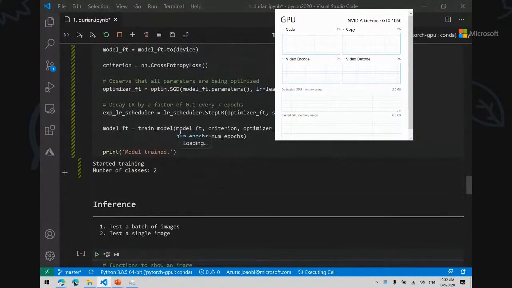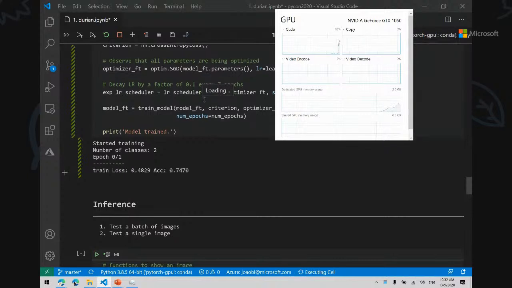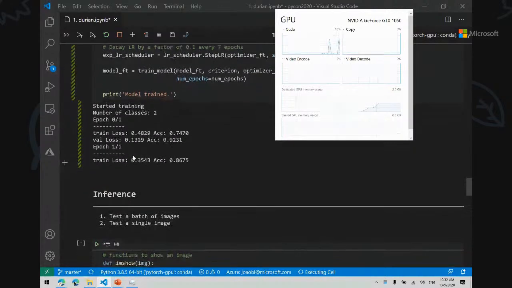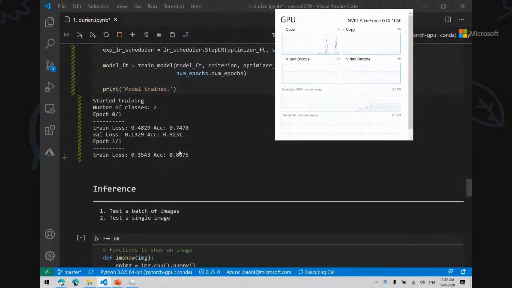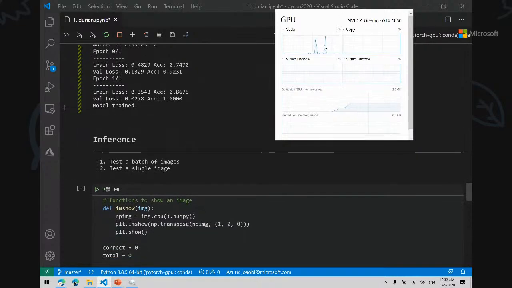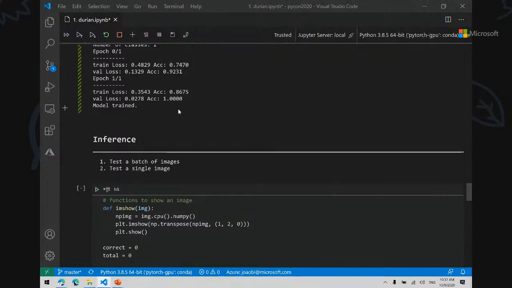Start the training. Two classes doesn't take a long time. Again, the data set is very small, and you see the CUDA core starting to get busy doing the training. Again, only 2 epochs, so only 2 passes on the data set. Second one, and it's done. Like with all good models, it's non-deterministic, so this varies from each run. I hope we have a good model now. Yeah, actually, it achieved 100% accuracy on the validation data set. Okay, good. And you can see that once the training was done, the GPU stopped being used.